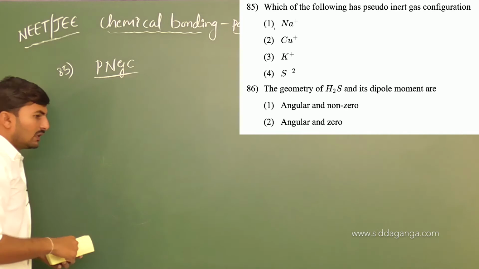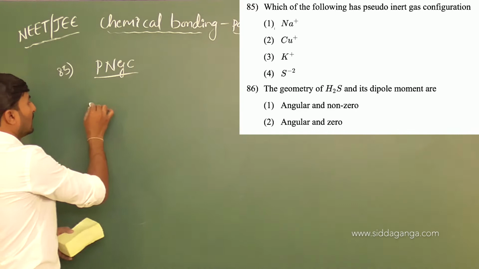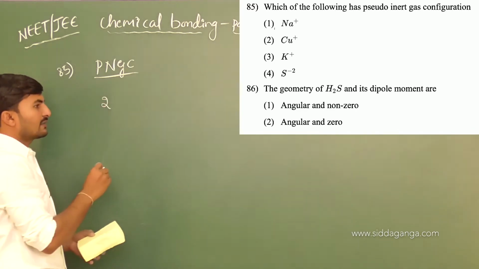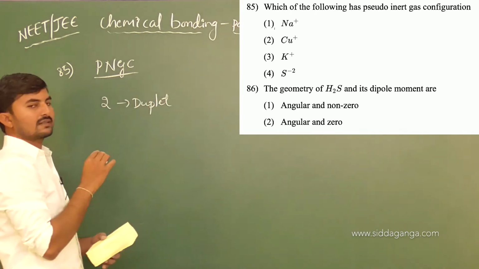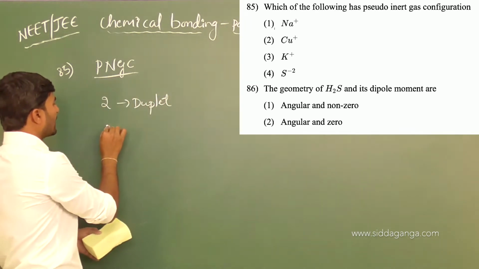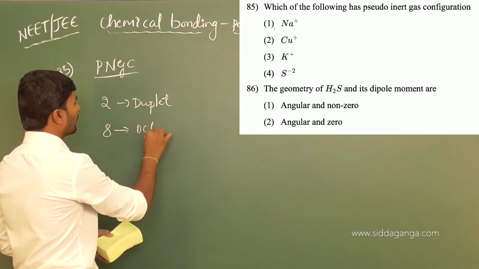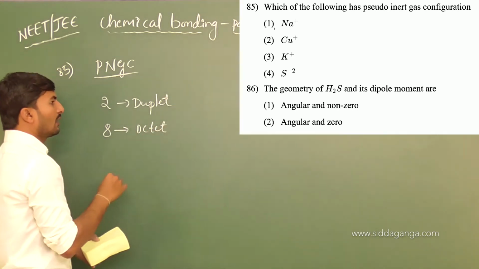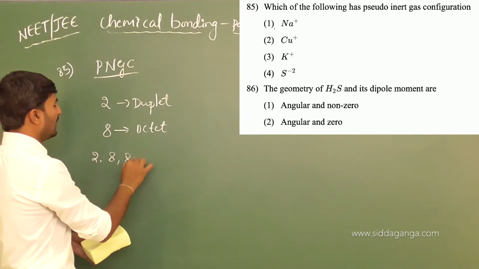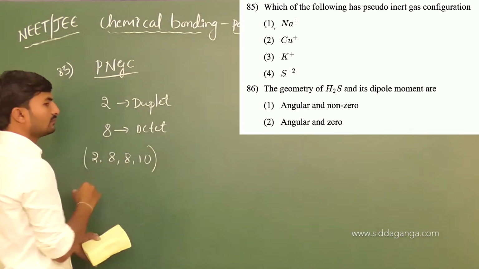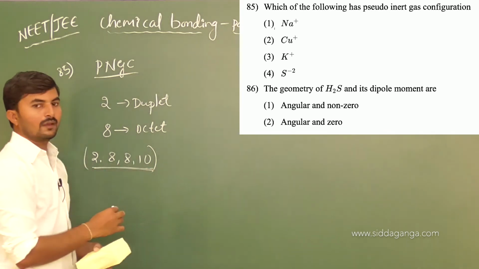Okay, in our periodic table we are going to observe three types of stabilities. First one is if the elements have 2 electrons in their valence shell, that is duplet configuration, that is the stable configuration. If the elements have 8 electrons in their valence shell, that is octet configuration. Suppose if the elements have 2, 8, 8, 10 configuration in their valence shell, okay, this configuration